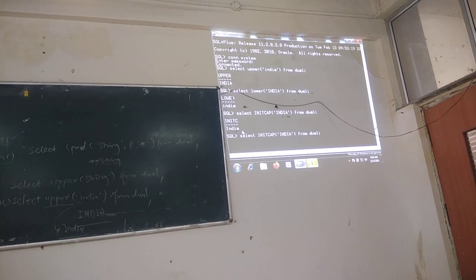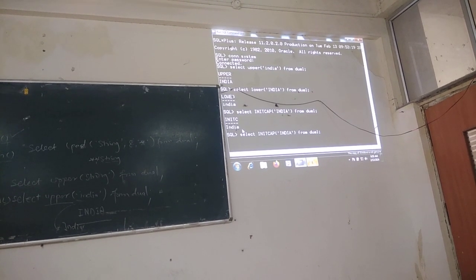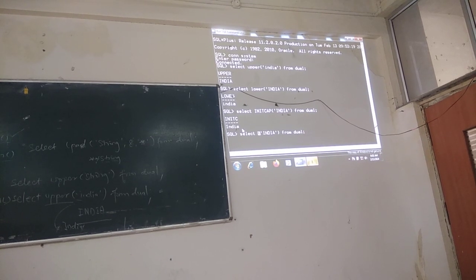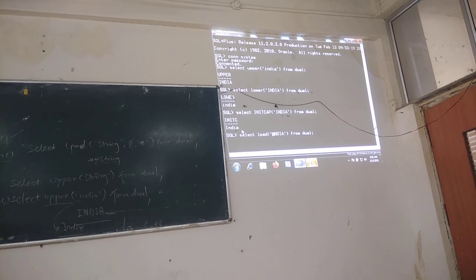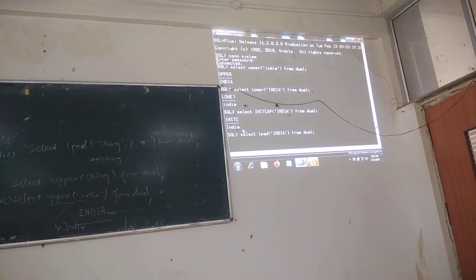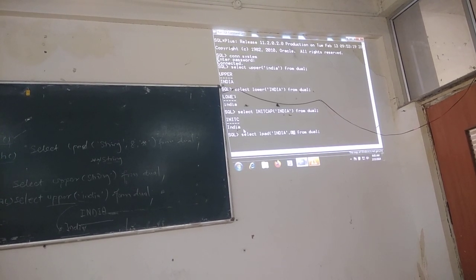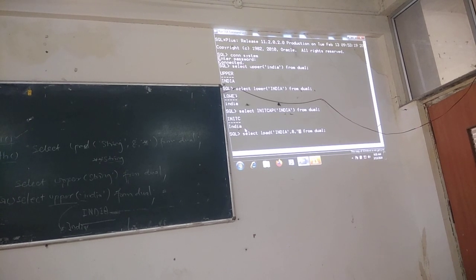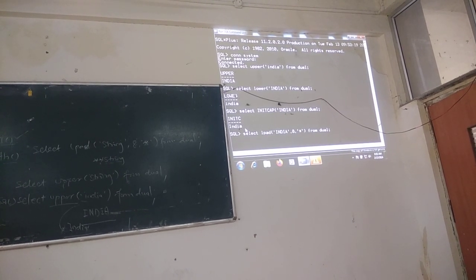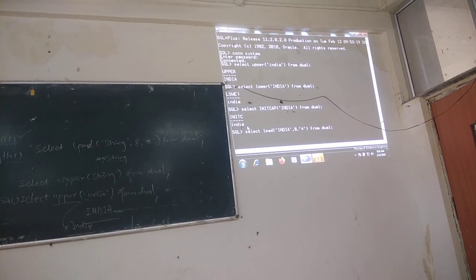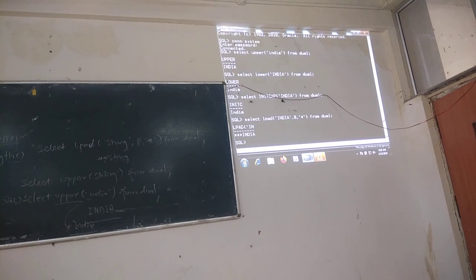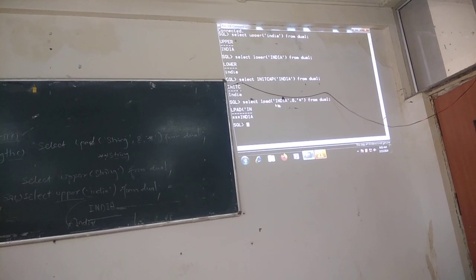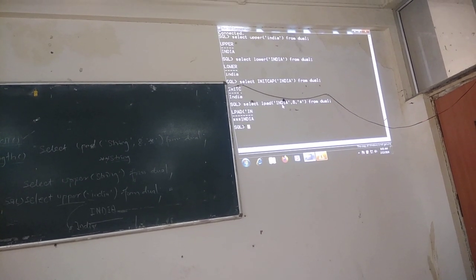Next, lpad. String. After that, specify the number of characters and the string that you want to add on the left side. How many letters are there? 5.